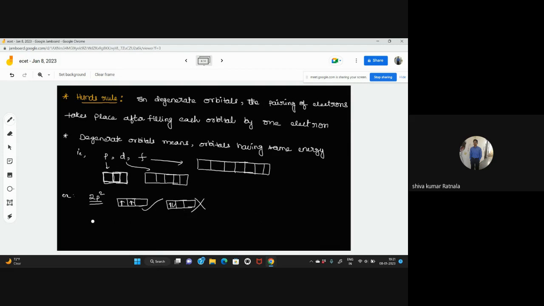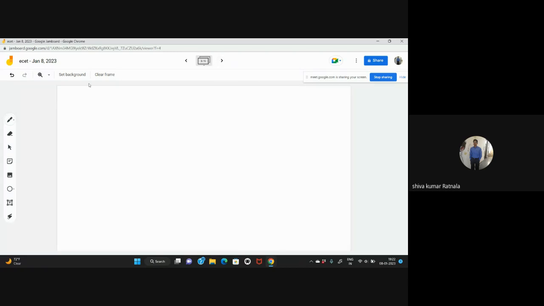If somewhere I have written the p4 configuration, how will we write p4? As per Hund's rule, first we need to fill one electron in each orbital, and after that we need to start pairing like this. So from this, what we can say, as per Hund's rule,